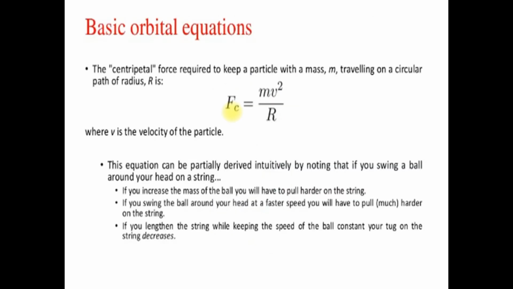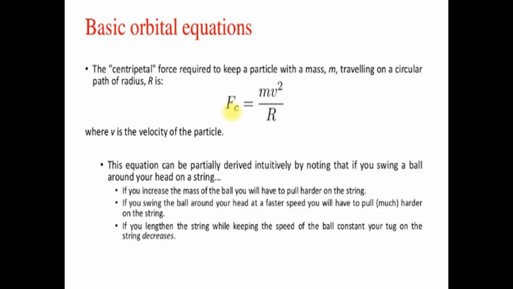So here we'll be moving towards the basic orbital equation. The centripetal force required to keep a particle with a mass m traveling on a circular path of radius r is given as Fc is equal to mv square by r, where v is the velocity of the particle. This equation can be partially derived